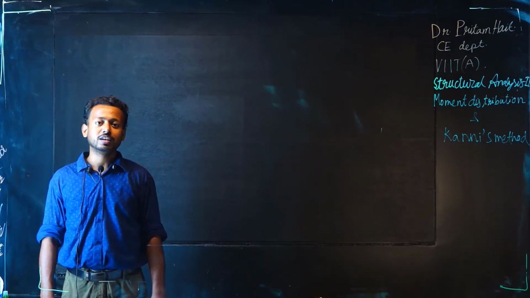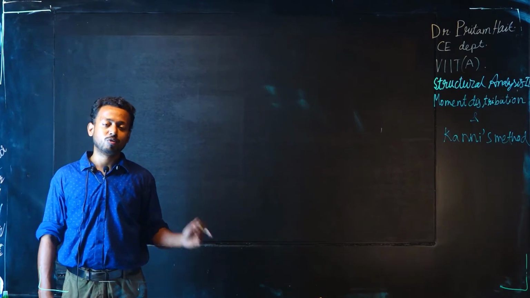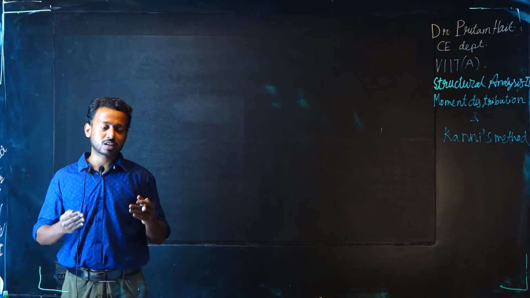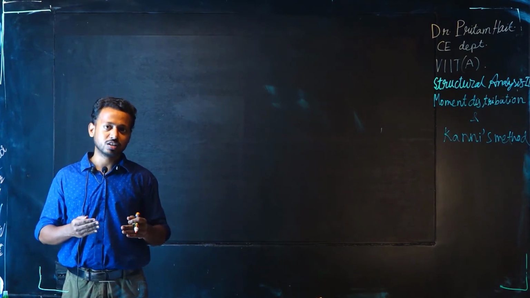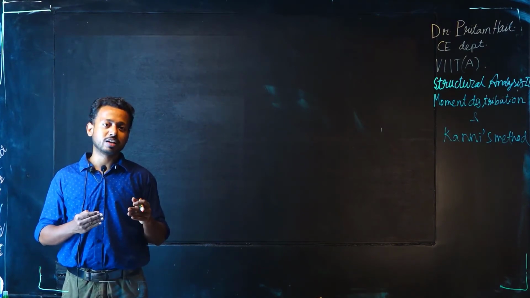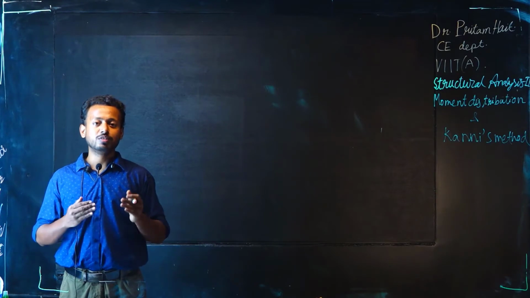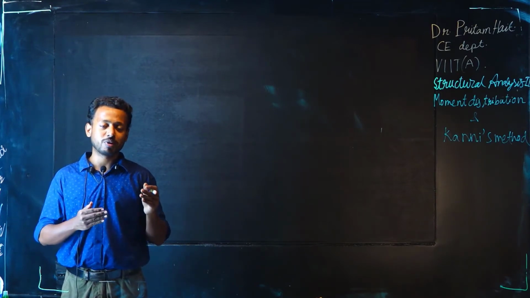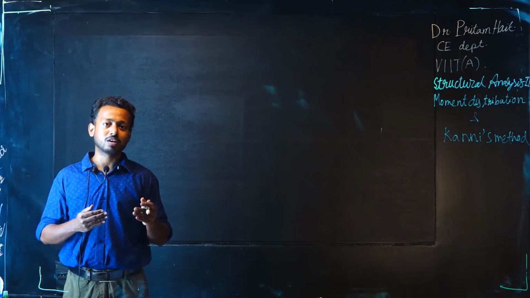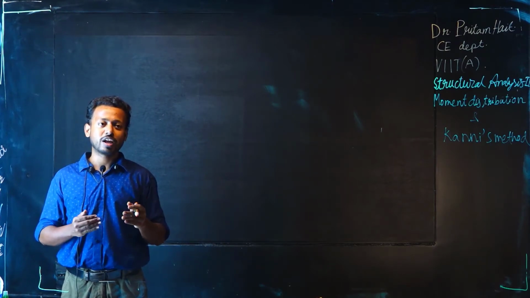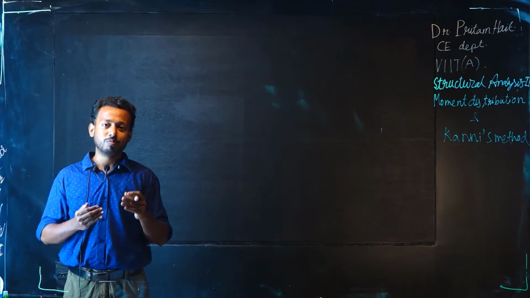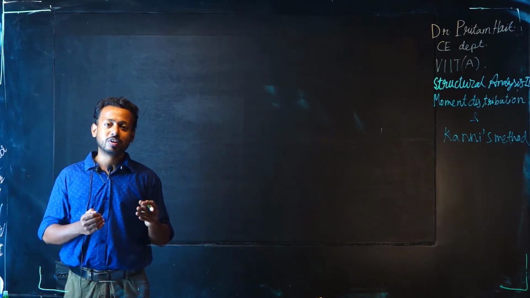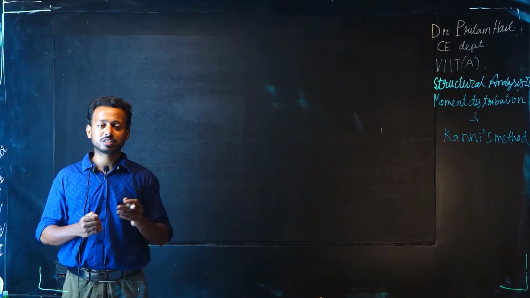distributed in different ratio from one joint to another, when the members are connected at an intersection. If you apply the moment at the intersection, in which ratio the moment gets distributed in different members, we will be able to learn. And after that we will analyze a typical beam or frame with given load. Okay, so let's get started.